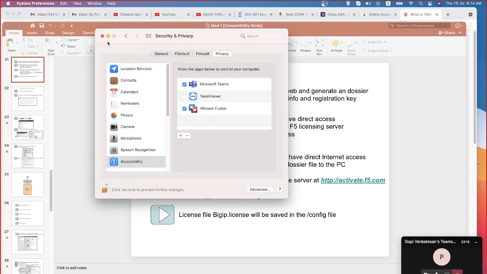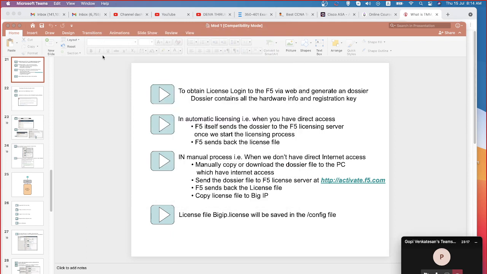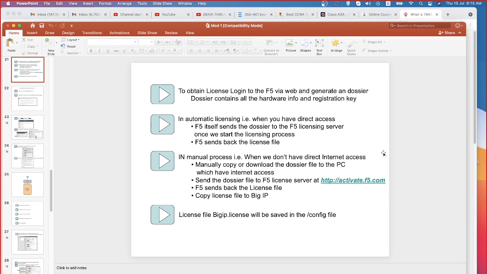Okay. So my screen is visible for you guys? Oh, fine. So, what is it that we went through yesterday? We saw how to deploy an F5 virtual edition LTM appliance on VMware, and we also saw how to generate the registration key, and then how to activate your F5 devices. During that time, we also saw the provisioning.